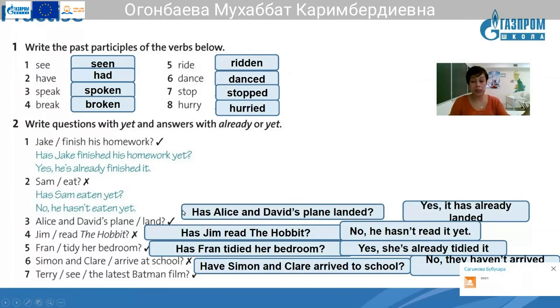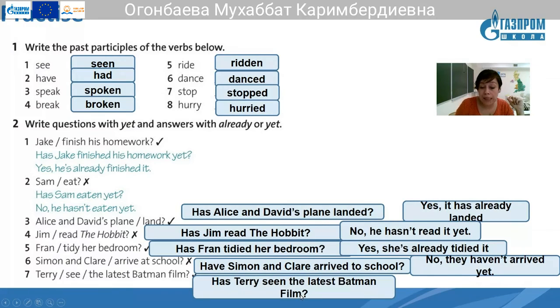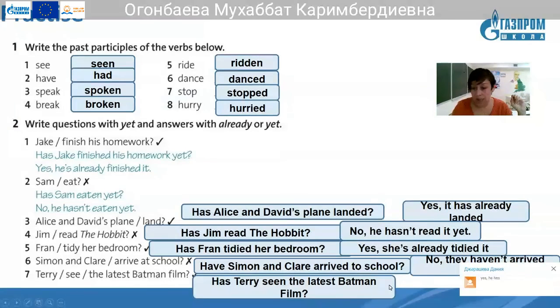See, saw, seen. Has Terry seen the latest Batman film? We have to revise it, Sarah. I think a positive sentence should be there. Yes, he has